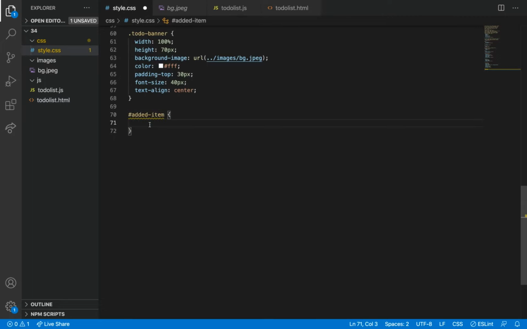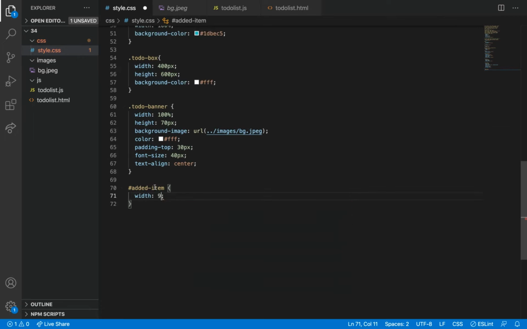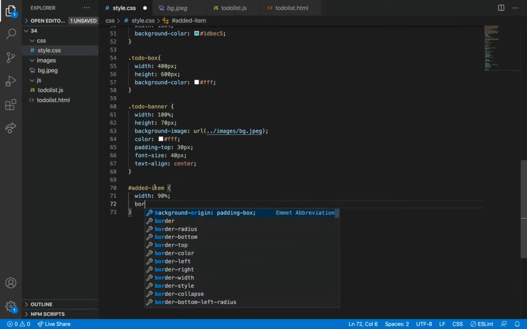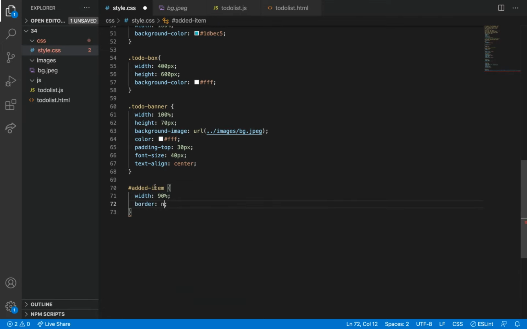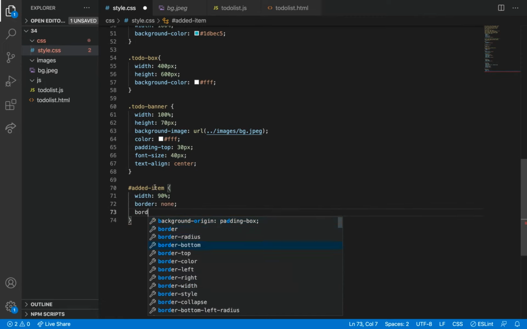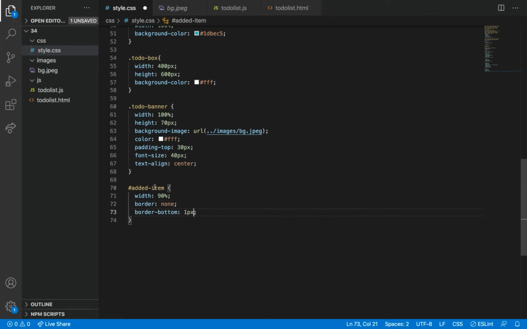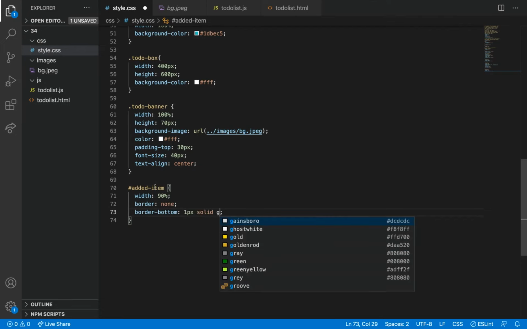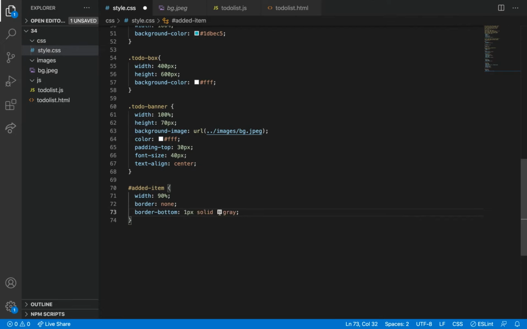I'm going to give it a width of 90 percentage, and then border none, border bottom of 1 pixel solid gray, not gray, I can add it as 777.